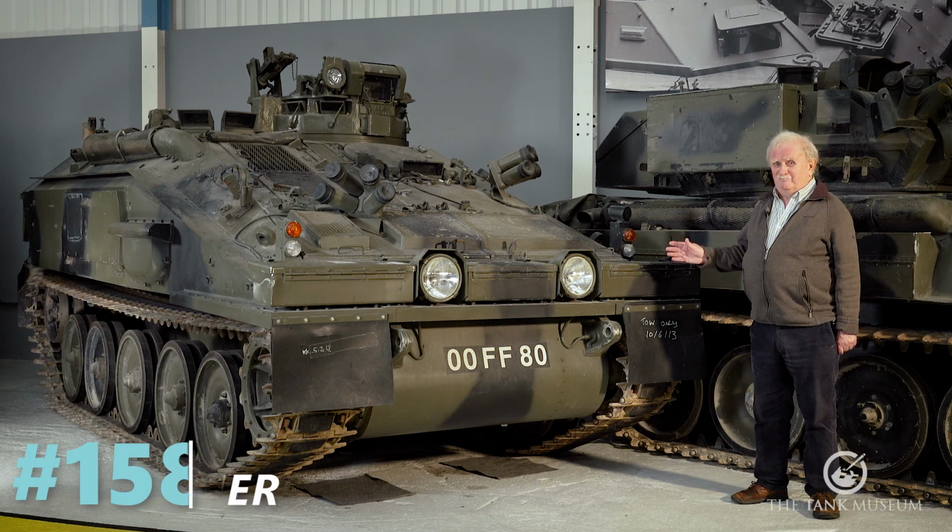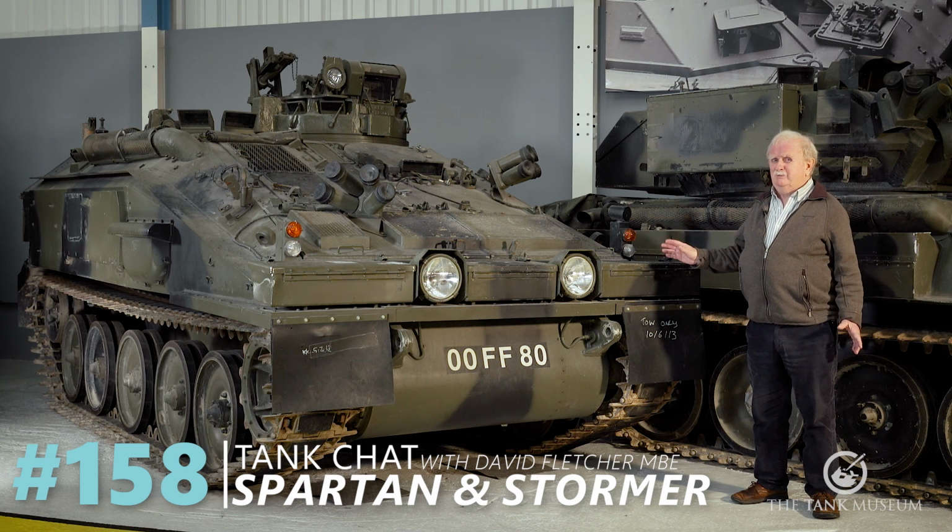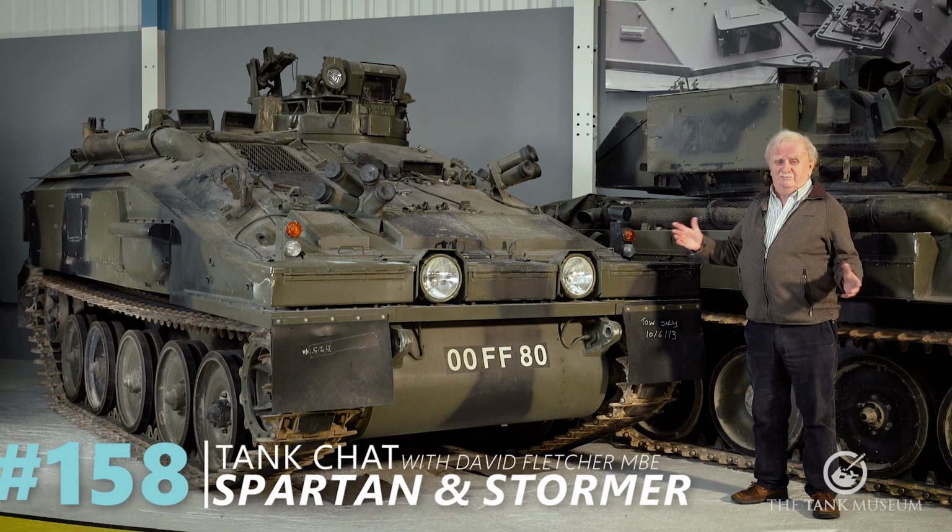Now this is FV-103. It's actually called Spartan, and it was devised as the armoured personnel carrier for the CVR